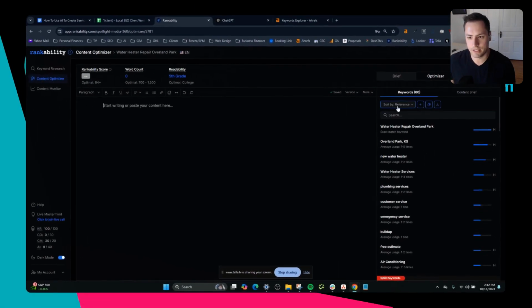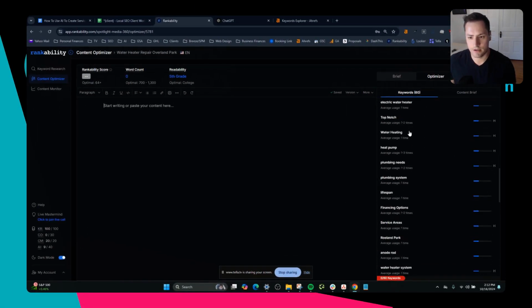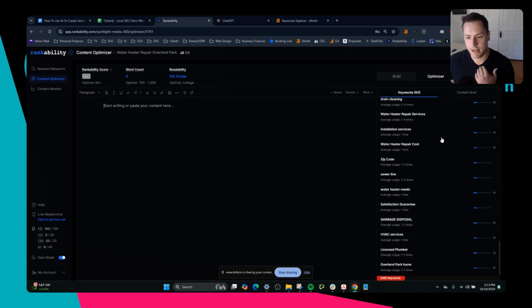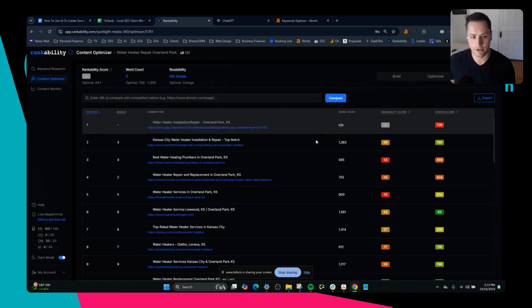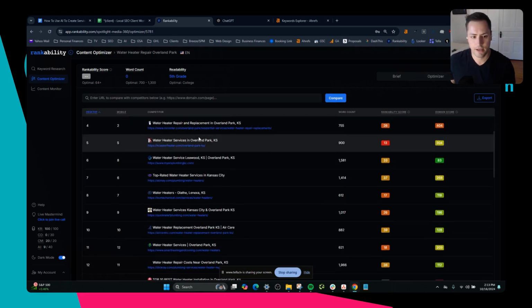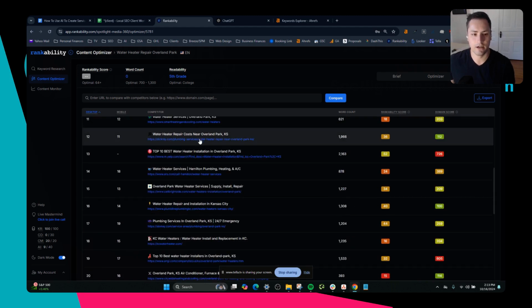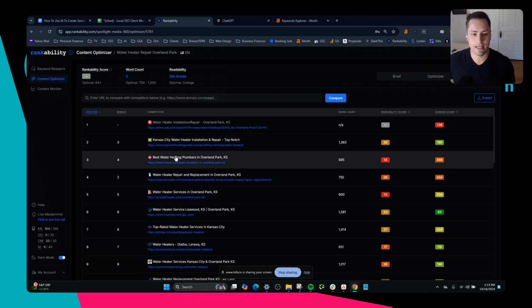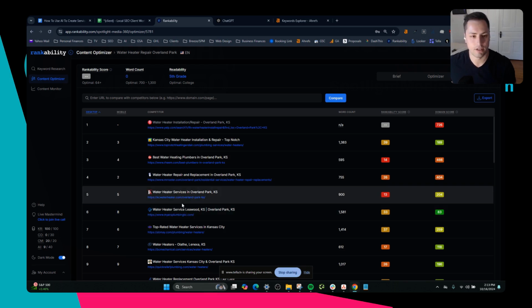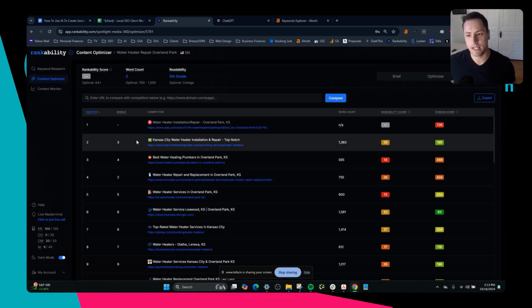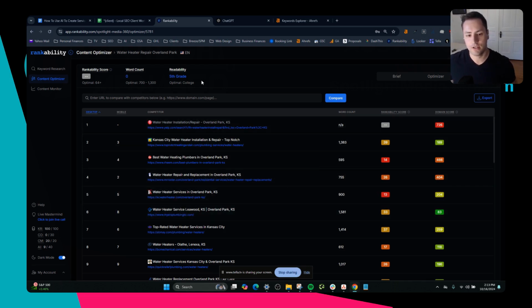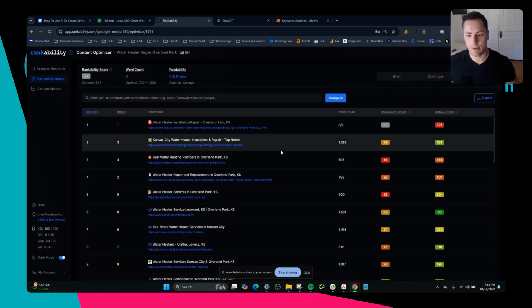So as you can see, there's a list of a bunch of keywords here, and this is basically telling us that all of the top competitors that are currently ranking for things like this are including certain words in their copy on their pages. And so if we want to rank there, then we have to essentially match what the typical top ranking article